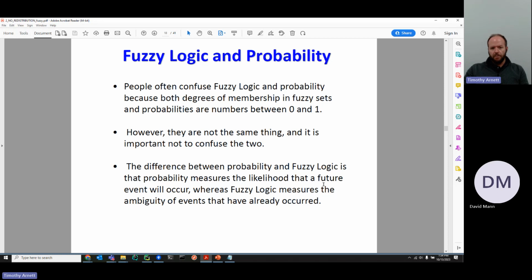I've already mentioned this, but we'll talk about it again because it's often confused. People often confuse fuzzy logic and probability and say they're the same, or fuzzy logic depends on probability, and that's just not the case. They both deal with measuring membership in sets. Probability again is measuring the likelihood that you will exist in a classical set with full membership or not, and fuzzy is saying after the measurement has occurred, how much membership do you have in this set based on these vague characteristics?